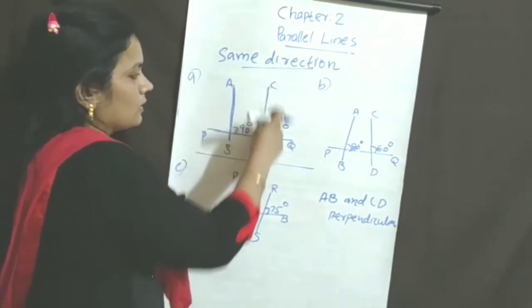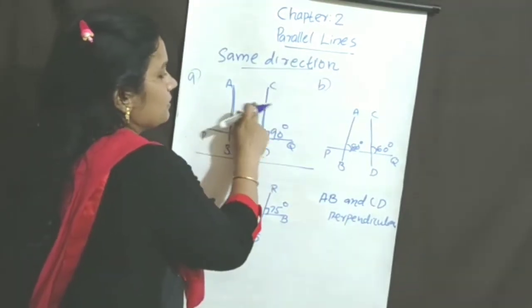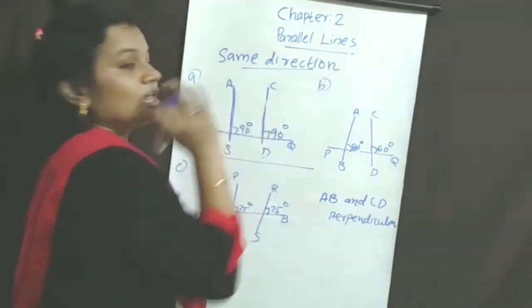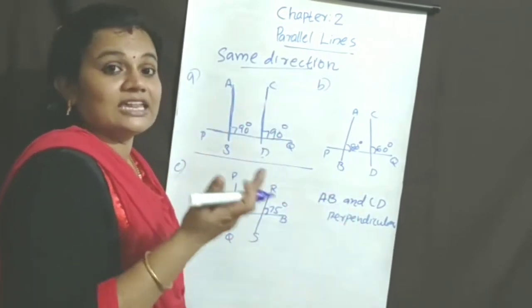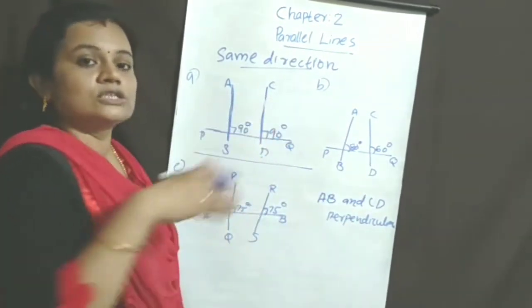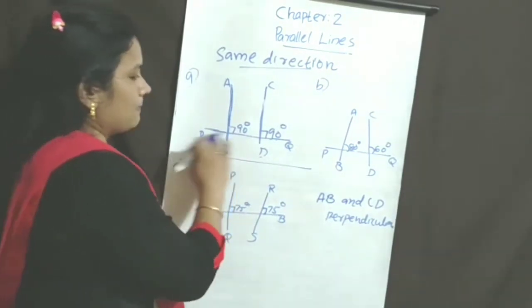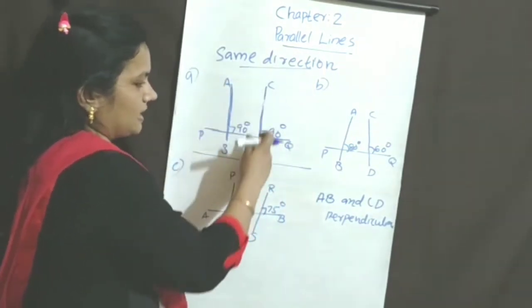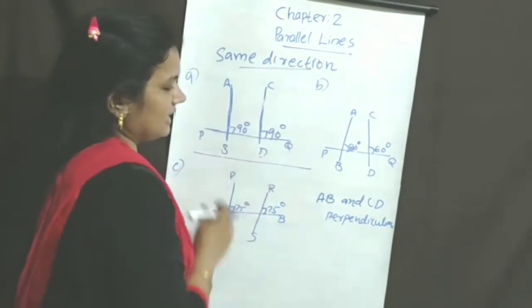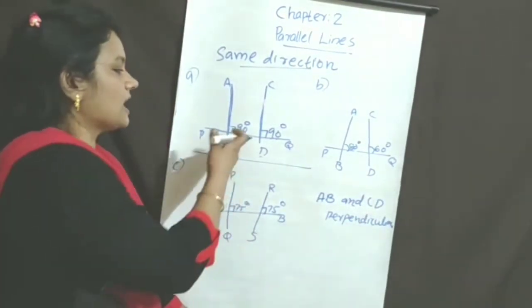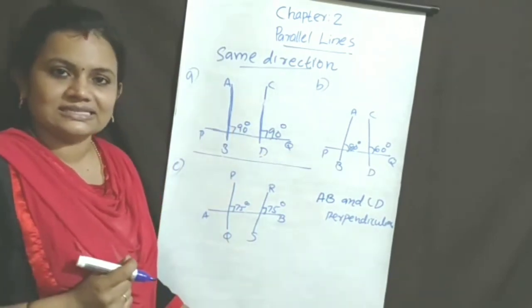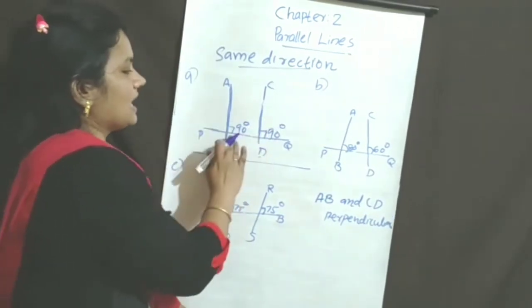You look at this. The distance between these two lines is equal. Will these two lines meet or not? It will never meet. So we conclude there is one line PQ making two perpendiculars, AB and CD. Then AB and CD are perpendicular to the line, and so these are parallel lines.